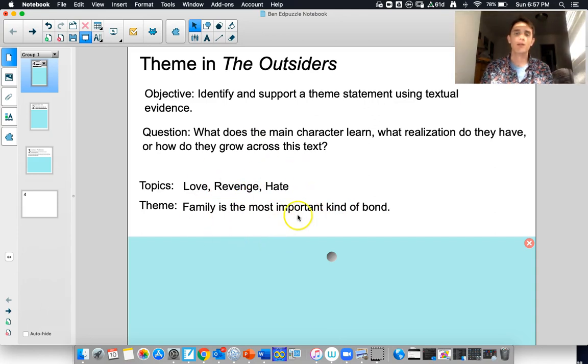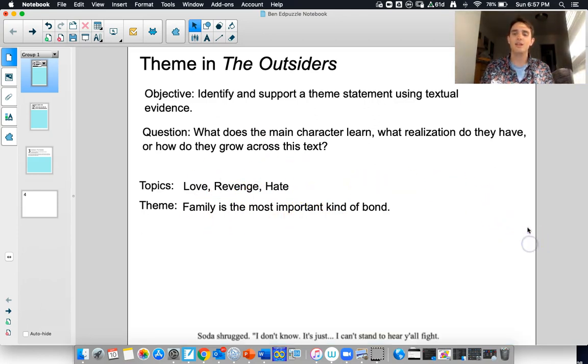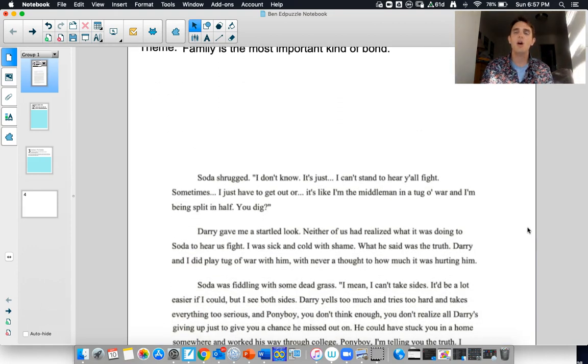So, with that out of the way, we're going to get started in our selection. The portion that I'm going to be reading is coming from towards the end of the novel. So we've seen Ponyboy go on his journey already, and we're learning a little bit about what the most important aspects are of this story and what the audience, or us the reader, should be taking away from this story. So Soda, Darry, and Ponyboy are all together. They're sitting, and Darry and Ponyboy are fighting back and forth, and Soda has just had it, and he recedes into himself and gets sulky, and we're going to see that really come through in the text.